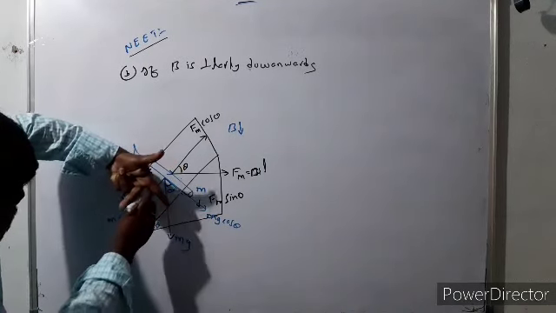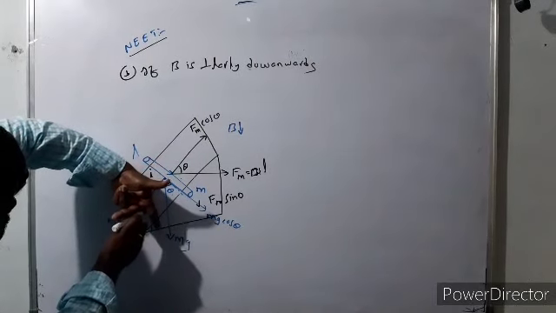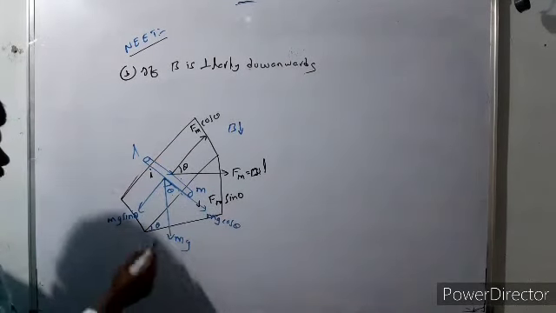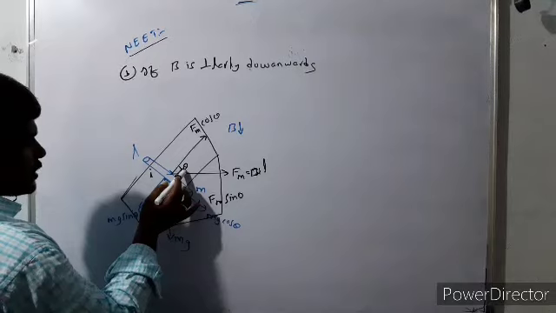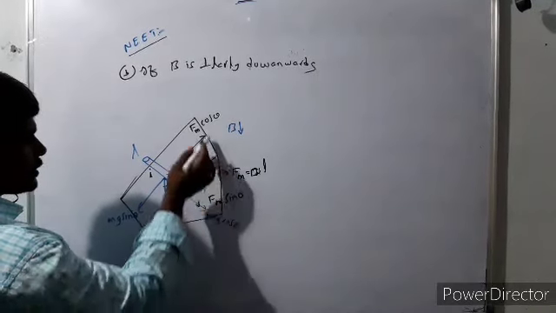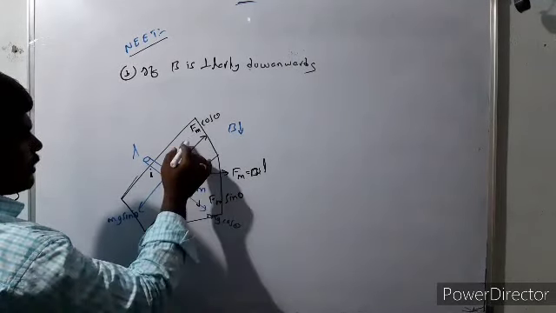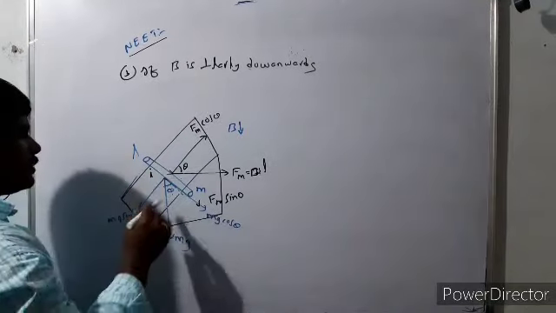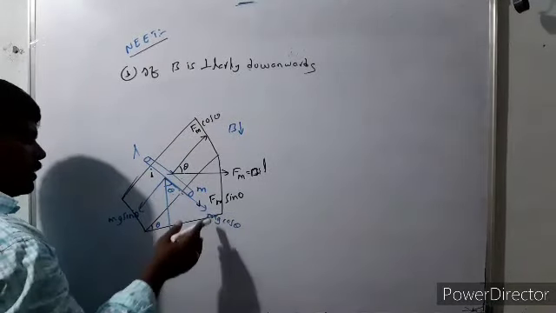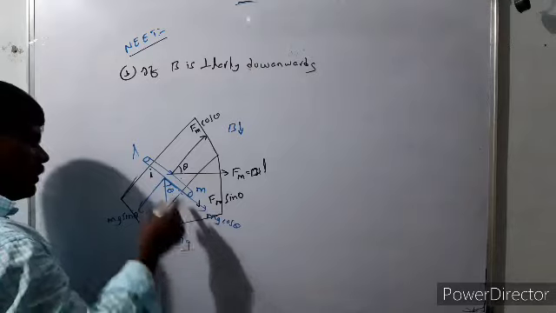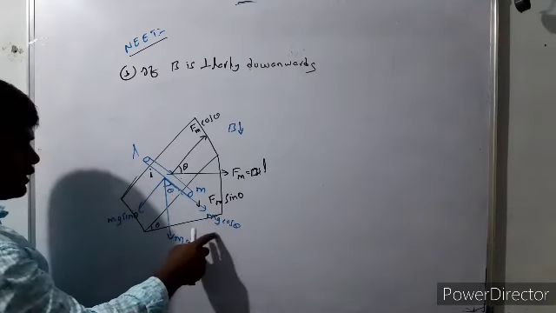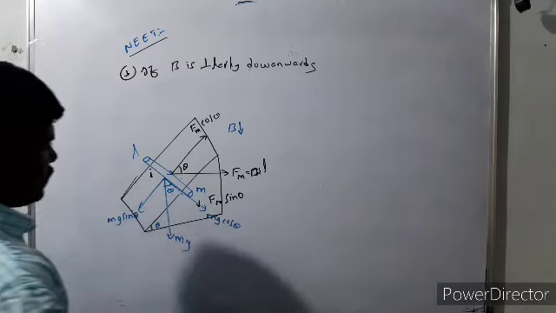Assume the conductor like this on the inclined plane, with the magnetic field downwards. The force is like this. If this is theta, this is also theta. Now if you resolve Fm into components, then Fm cos theta is along the inclined surface but upwards, and Fm sin theta is perpendicular to the inclined surface, that is along the mg cos theta direction.